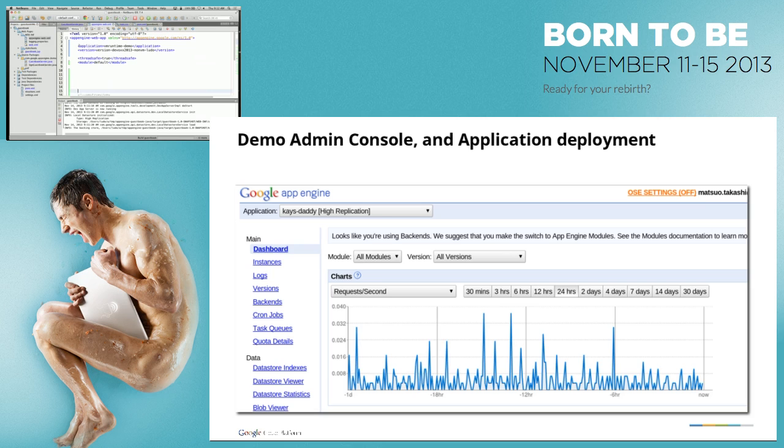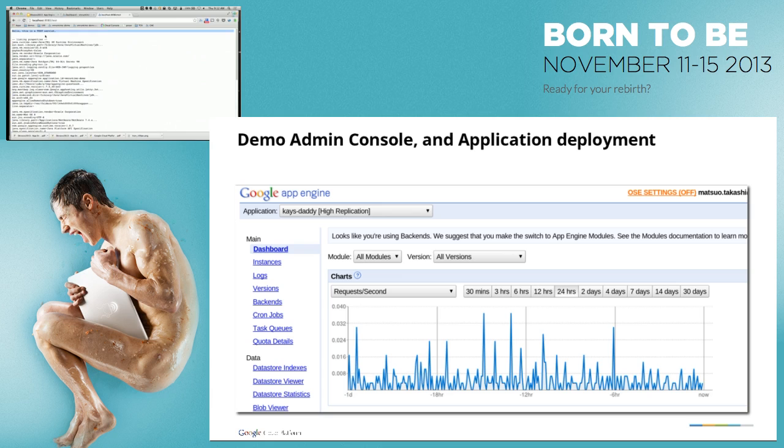I have two critical things. I have an application name, I'm using VM runtime demo. And I have an application version. I call it version devox 2013 non-VM. I don't know why. Okay, so let's deploy it. And while it's being deployed, we are now moving to